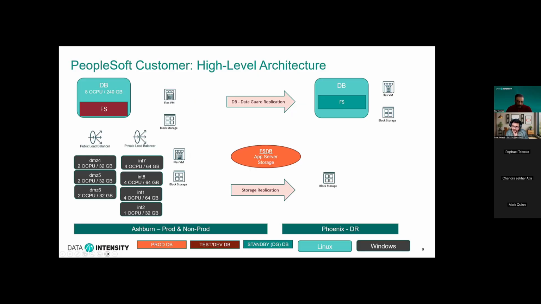And what is configured in FSDR? Very minimal configuration. All we have configured in the FSDR is the app servers, the Windows app servers, and whatever block storage is attached to that app server. That's all the configuration in FSDR. It's very, very quick. You create a DR protection group and then add the servers,